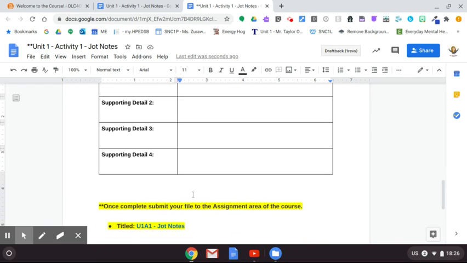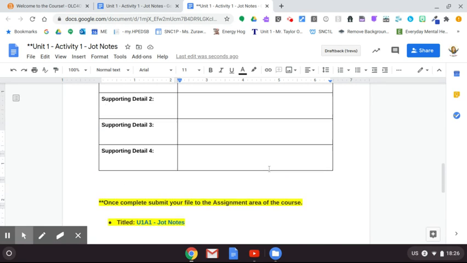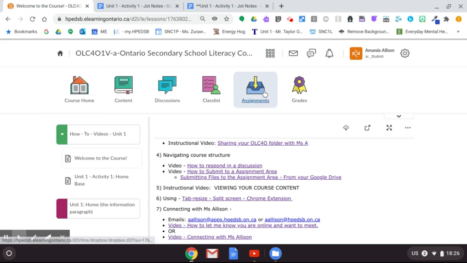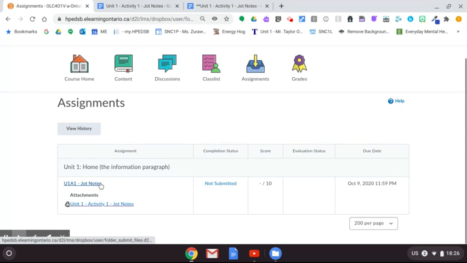So once you've done that, and it's just jot points, just jot notes, you are going to take this file and you are going to put it into your assignment area. So in the assignment area, you should only be able to see this jot notes file. So you're going to click on it. That's the same link that's up there. So you're going to click on it